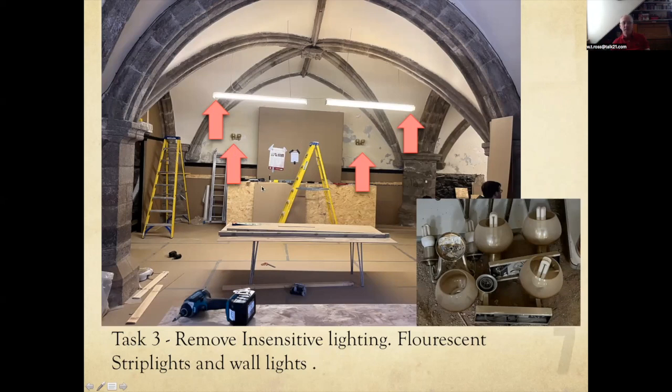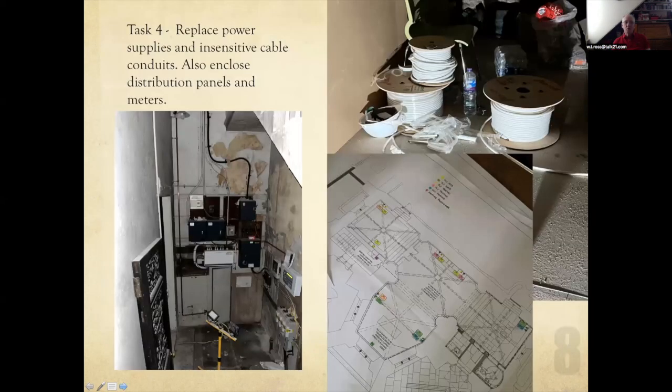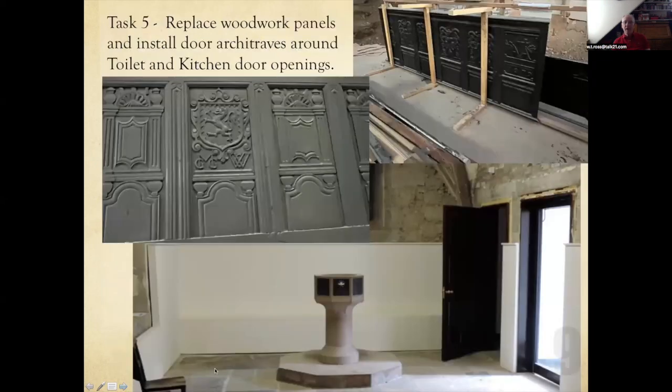And as you can see, the wall lighting has now been removed, and those effective but insensitive strip lights have now been removed. We will be expecting to replace these with some uplighters and probably some lighting around this sort of level so that it accentuates the vaulting. We're also replacing the power supplies, and these distribution panels and meters, etc., will be enclosed as part of the phase 2 work. And then, as I said earlier, this sort of pale grey temporary boarding will be replaced with some of this